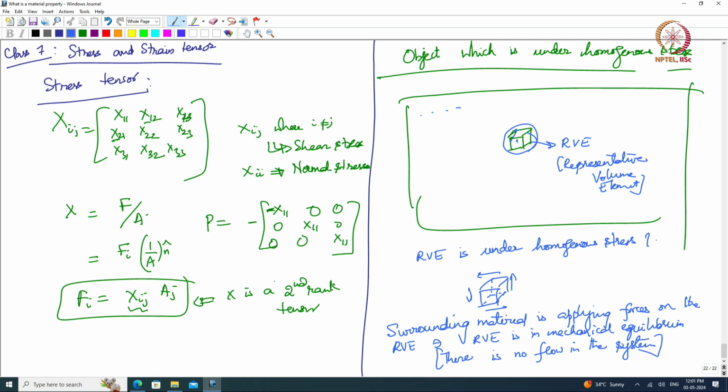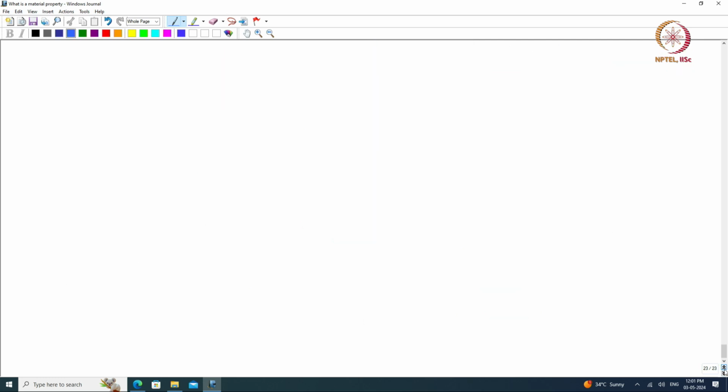Okay. So, there is homogeneous stress, it is a solid object, my RVE is not flowing with respect to anything, right. So, it is right there. Okay. If there is no flow,